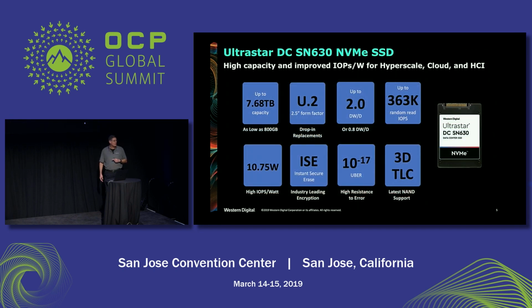One of the products that we announced in this read intensive category is our 630. The DCSN630 is a data center class product with data center specs. The capacity points are getting out of the boot range, so you're starting at 1 terabyte, going to 2, 4, and 8, rounded off for memory capacities. The maximum is 7.68 terabytes. This is the type of product that is going to be your mainstream workhorse